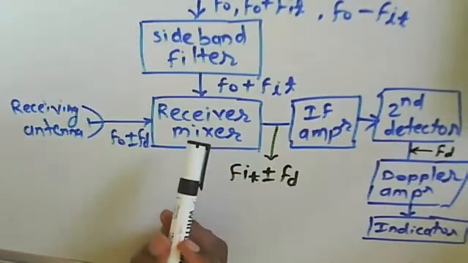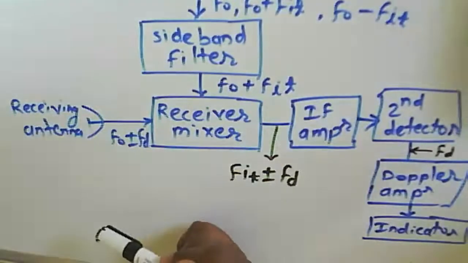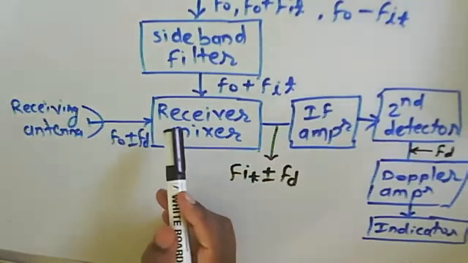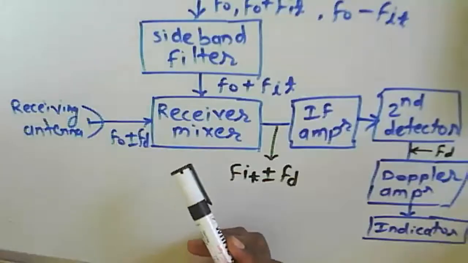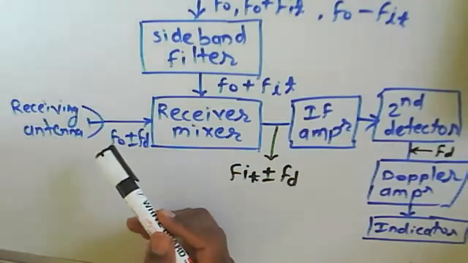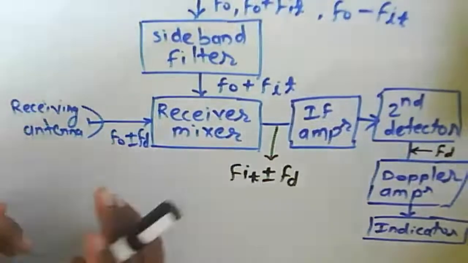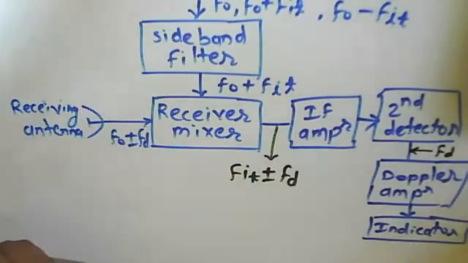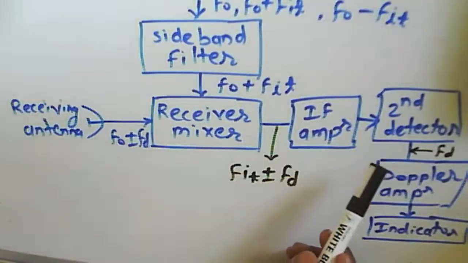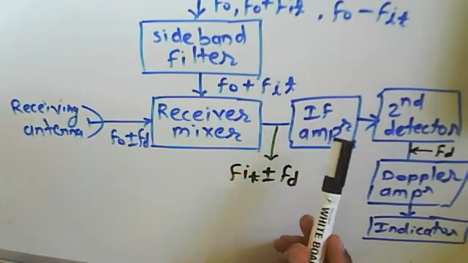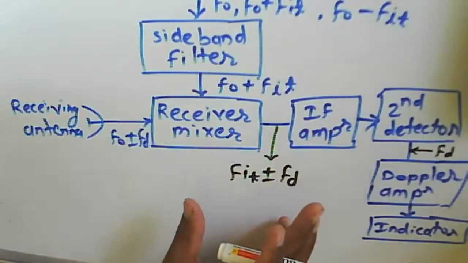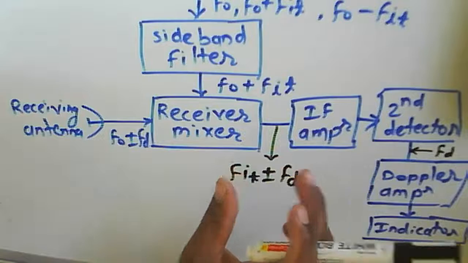Earlier, IF is not used. Now here we have the IF, and this is useful for identifying f_D here, and through that the receiver sensitivity using this IF will be improved